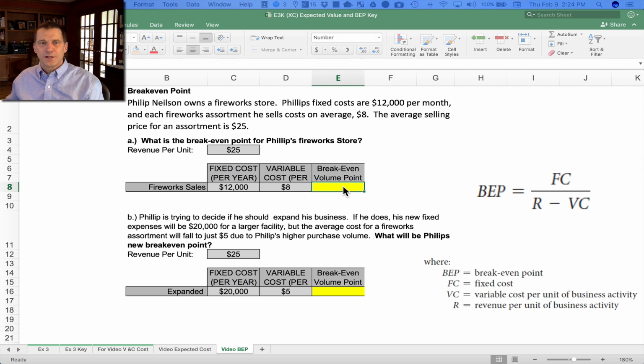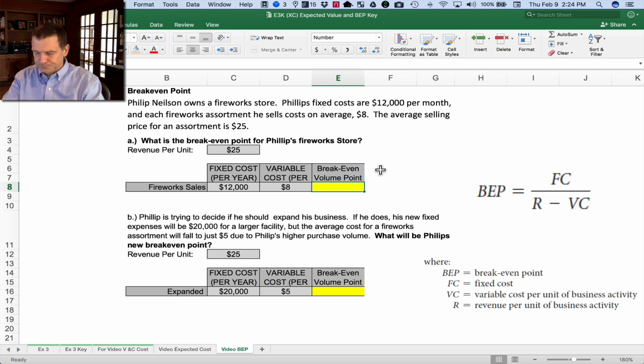So let's drop those numbers in using Excel in this yellow cell right here, so you know how to do it in Excel. That would be equals the fixed cost of $12,000, divided by, and then we have to run a little subtraction in here, so we'll bracket $25 in revenue per unit minus the $8 in average cost per unit. And after we put those in, we just hit enter, and we got it. So what we know is that today, Philip has to sell 706 units each month to get to his